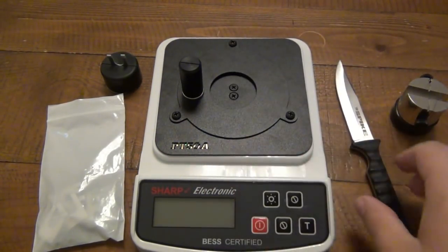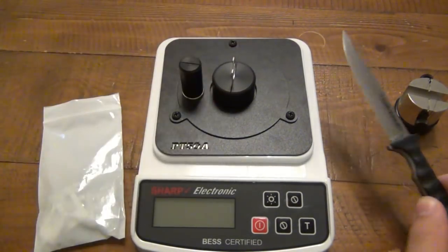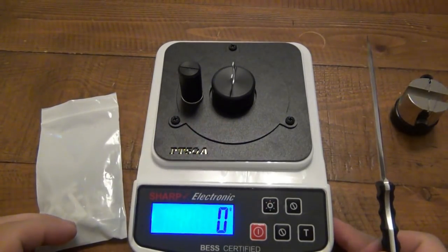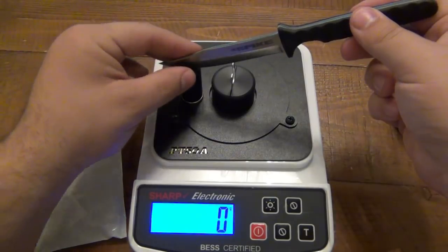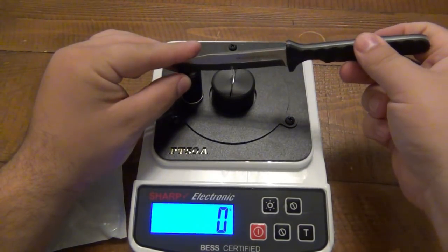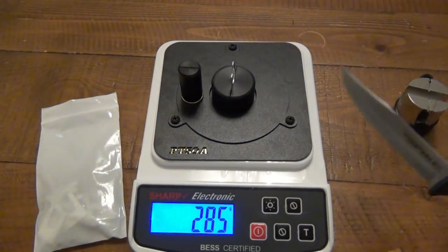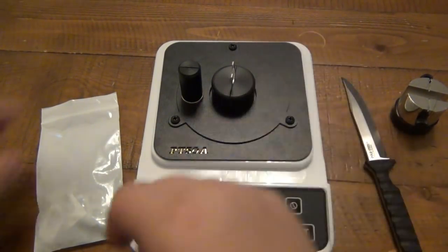I think I was in the 280-ish area before. All right, so same deal. We're going to turn this on, put the backlight on, and here we go. Use one of these clips. So I'm in the rest, pushing down, and there you go, 285. It actually seems pretty consistent with the other reading. Let's try this again with another clip,